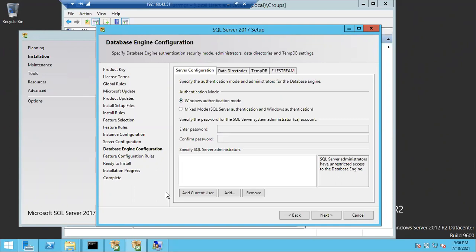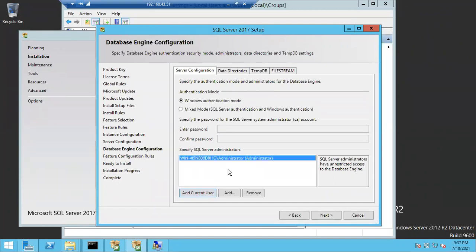Right, here you have to specify which user you want to give access to the SQL Server. At least for the first time, you have to give access to someone, and then that someone can give access to some other person. If you don't add anyone here, guys, you can successfully install SQL Server, but you cannot connect to SQL Server. Why? Because who is there to connect? You didn't add anyone here. So first add someone, then that someone can add other people. Right now I am going to add myself. Click on Add Current User. Add Current User means what? Who?